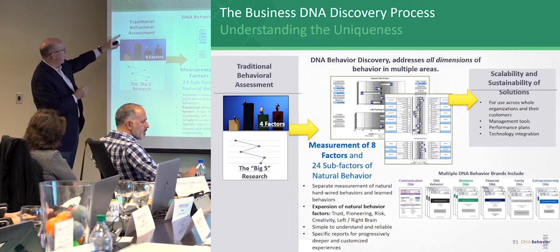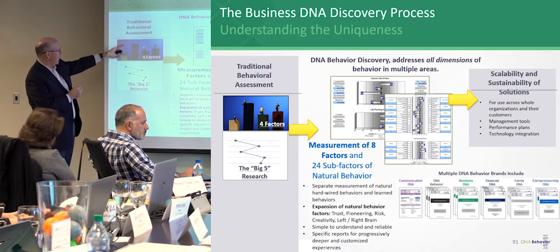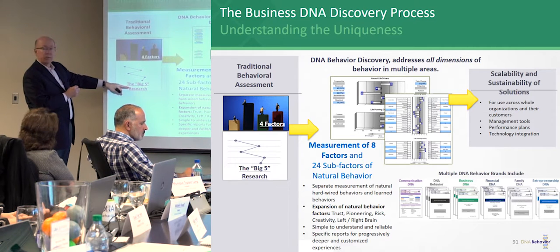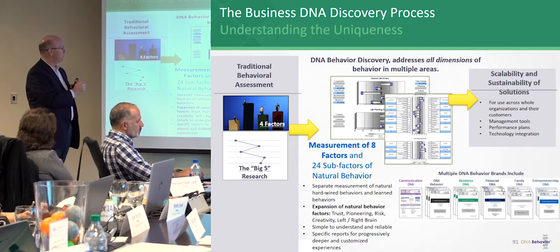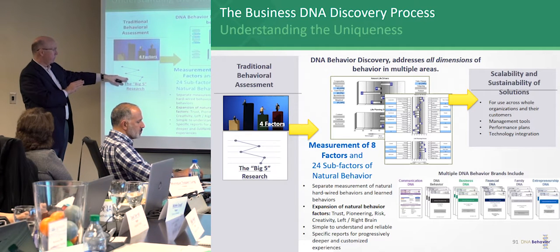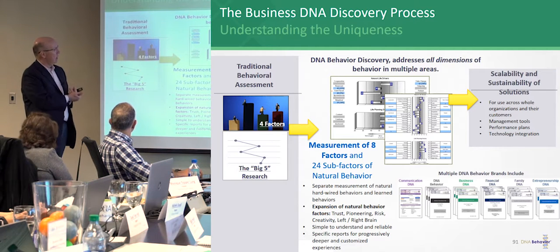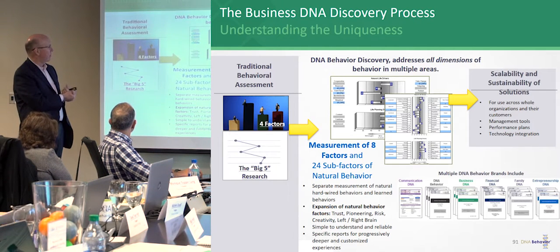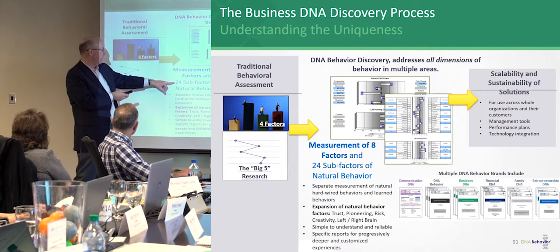So the basis of what we do, and this is where some of it comes from, is the Big Five research. That's quite well-known research on factors. And so our work relates back to the Big Five work. We've also used Hogan in the past as a validation system, just to compare ourselves against them. Where we start to differ against other systems really is that we're measuring the 8 factors versus 4, or in some of them 6, and then the 24 sub-factors as well.